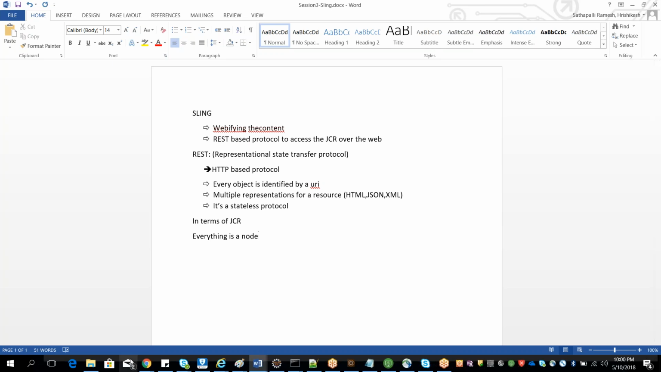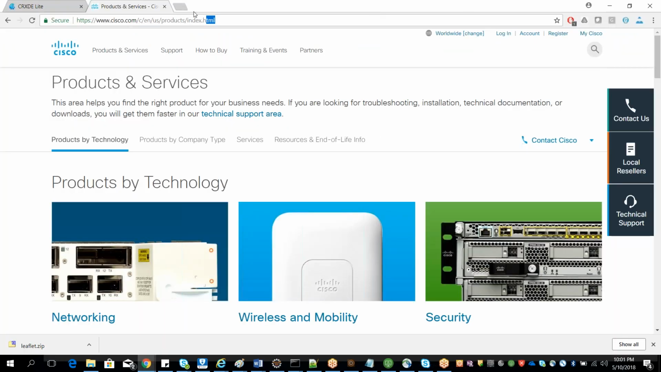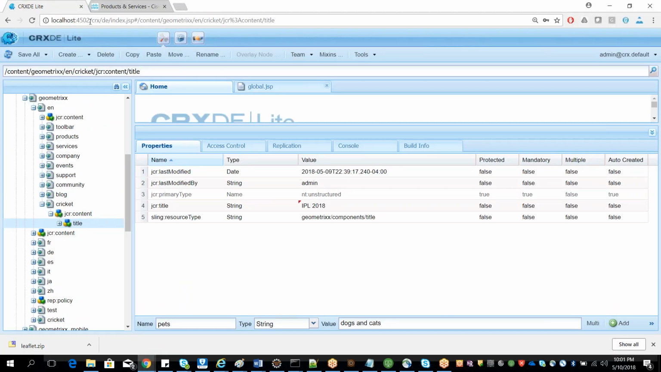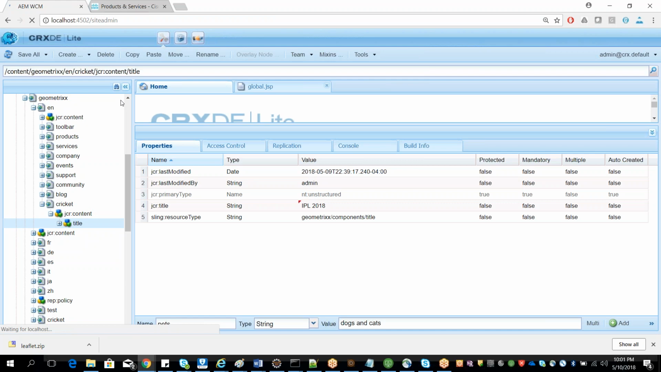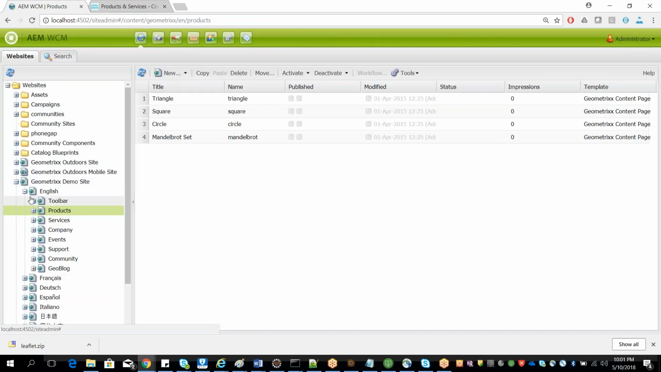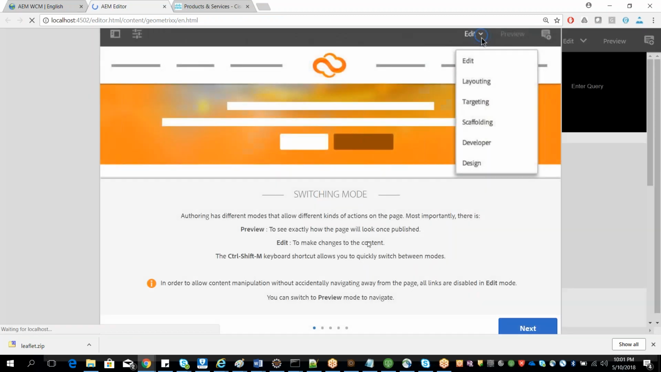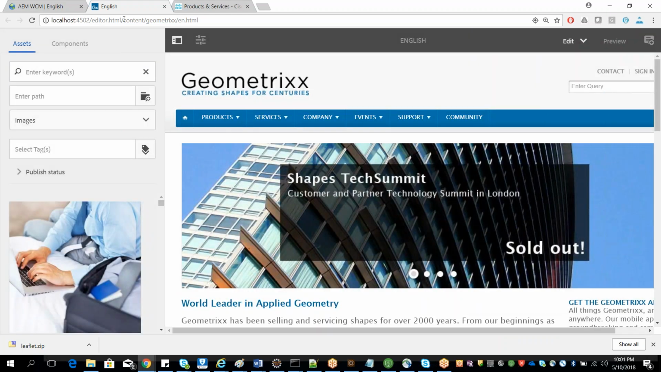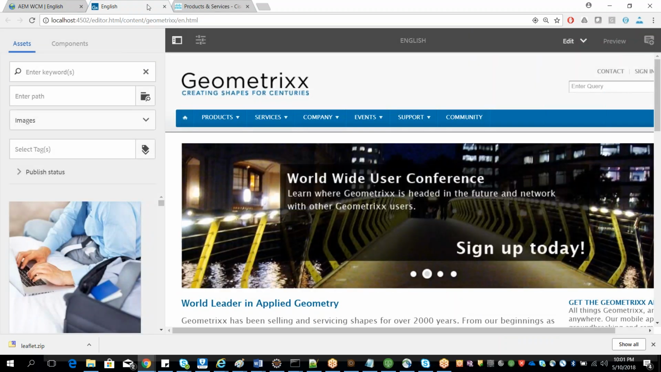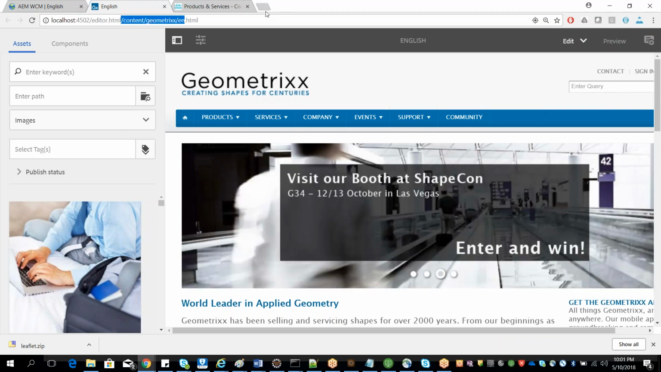Because when I go to the site admin and try to access this URL, this is actually a node. After all, this points to a node location. When I go to this path,